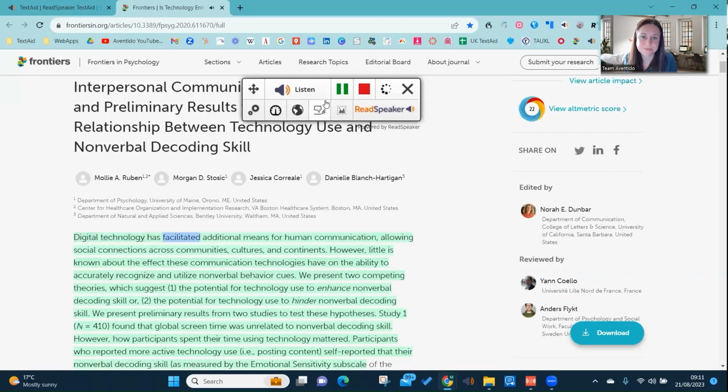Digital technology has facilitated additional means for human communication, allowing social connections across communities, cultures,